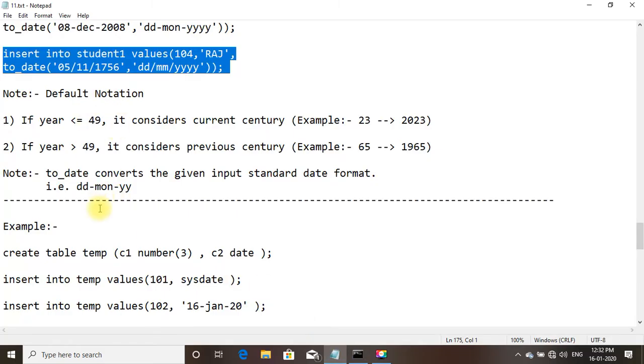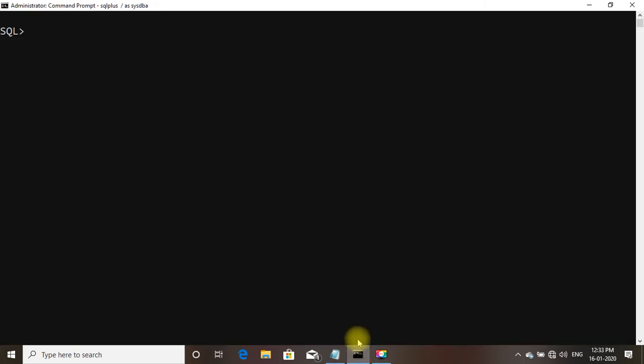Now we shall create a table called temp. First we shall drop the table temp if it exists. The table was existing. Let us clear the screen and create the table.